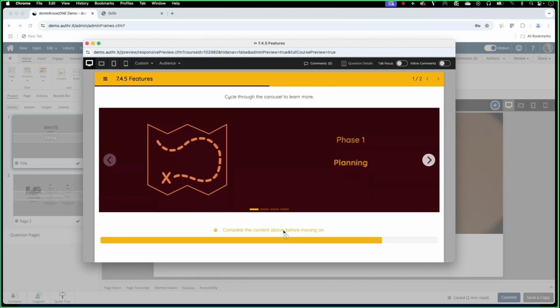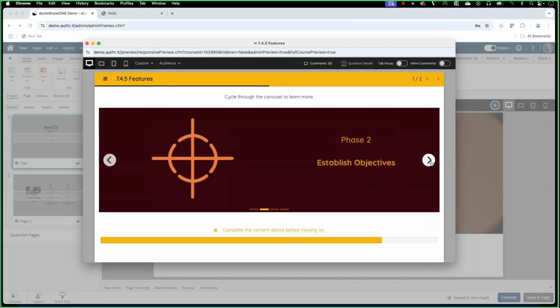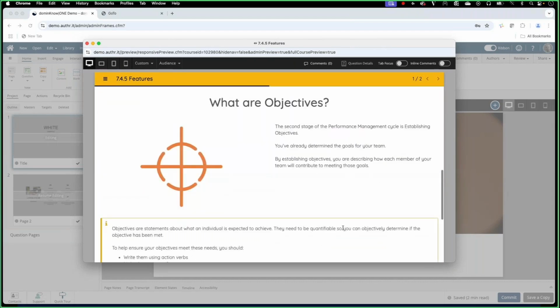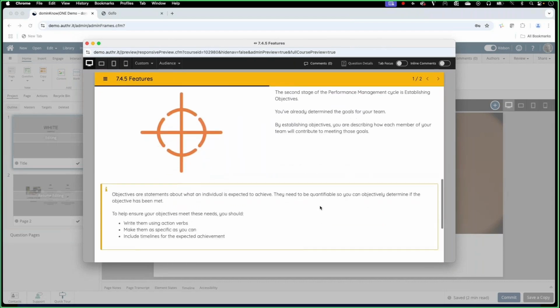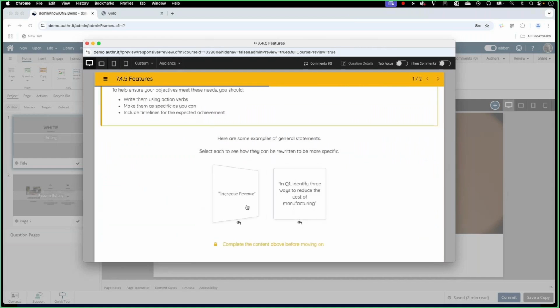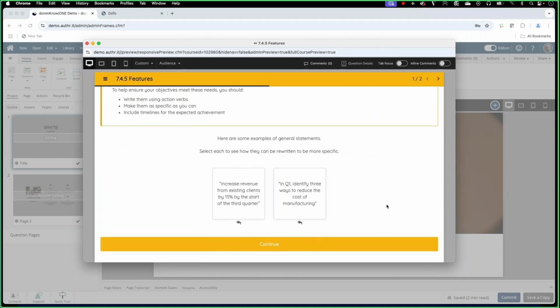But a fade effect here as we're scrolling down gives the page a little extra oomph, a little extra bit of life, a bit of visual interest, versus being a flat page where everything is just there for the learner as they scroll down.